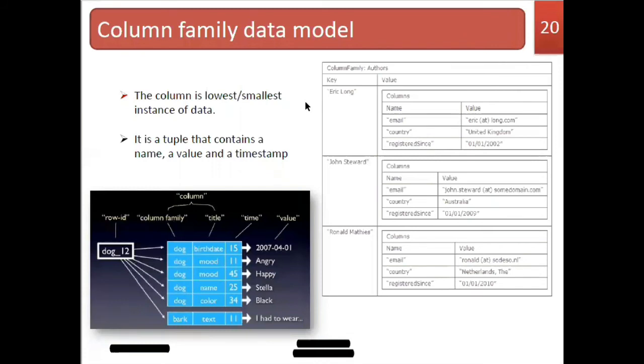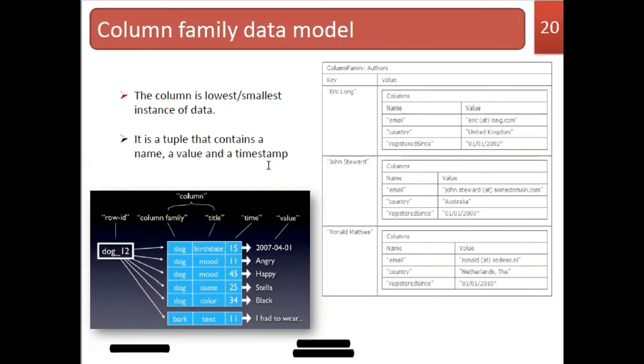Here the column is the smallest instance of your data. Whatever data you are going to save in this format, you'll again have key and value, but storage-wise, you're not going to save it as it is. You'll be saving the data in the form of a column. It is a tuple that contains a name, a value, and a timestamp.